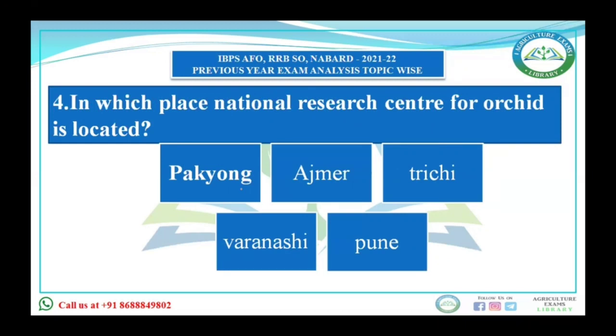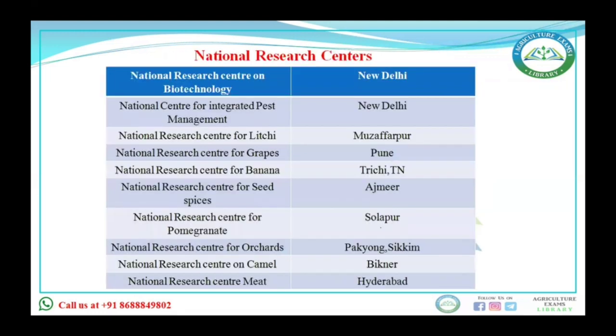Next is, in which place is the National Research Center for Orchid located? First option is Pakyong, that is in Sikkim. Okay, Ajmer, that is in Rajasthan, Trichi, Varanasi, and Pune. Now, when it asks about the National Research Center, then you should see the various research centers, like the National Center for Integrated Pest Management, which is located in New Delhi. Again, we talk about the